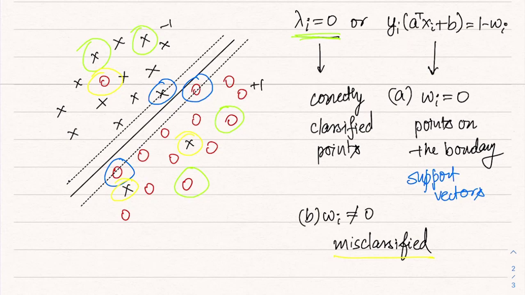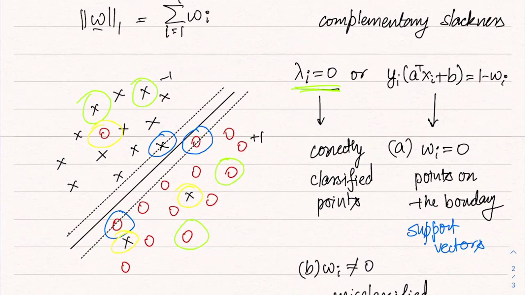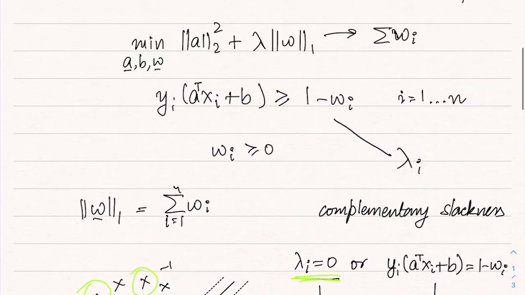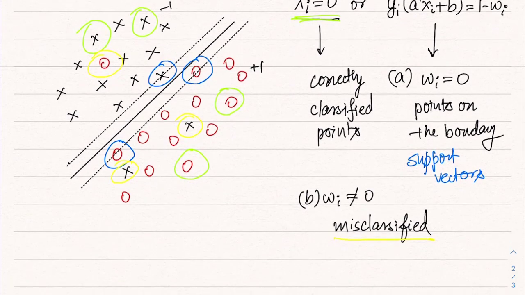So this is the support vector machines framework. And as you can see, it allows some of the points to be outliers. Only some of the points are allowed because it is penalizing the L1 norm of w, which means that it is requiring the L1 norm of w to be small, so only some of the elements of w can be non-zero. Most of the elements will be 0, which means that they would either be correctly classified or would be on the boundary. And only some of the points would actually be incorrectly classified. So this is how we have basically incorporated robustness into our classifier.